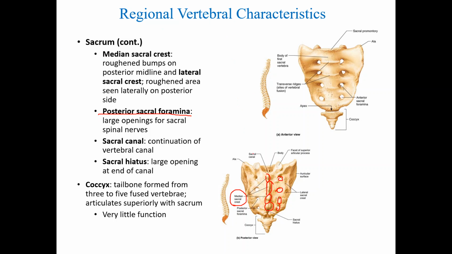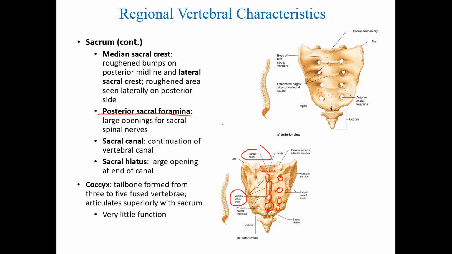And of course, the sacral canal, which is a canal that runs through the middle portion, the medial portion of this bone, and this is for the passage again of the spinal cord,